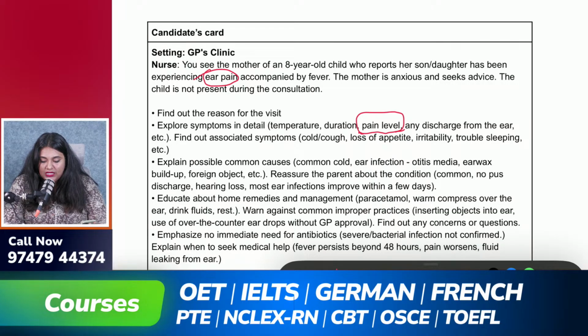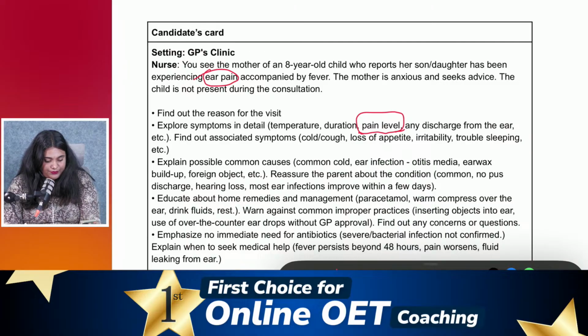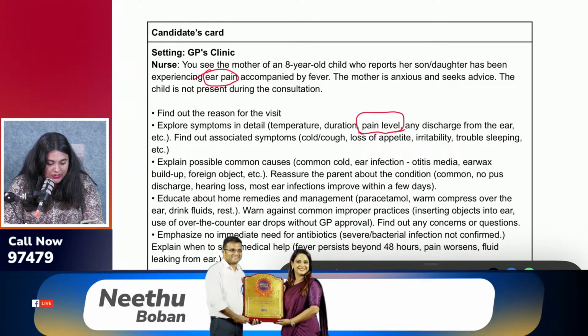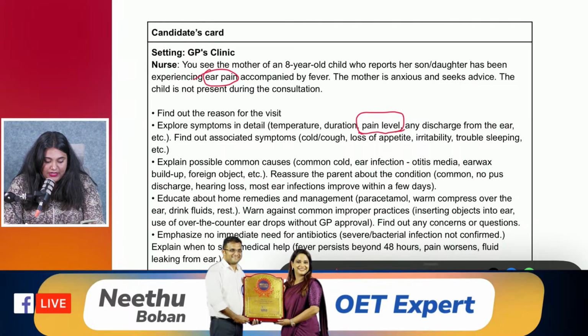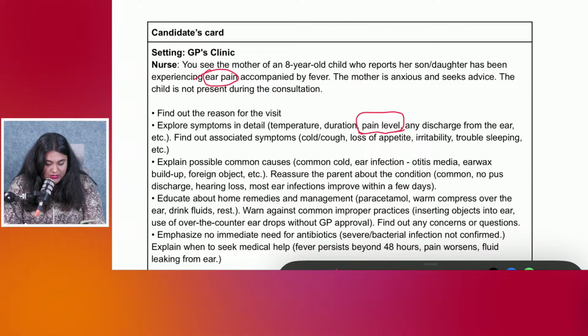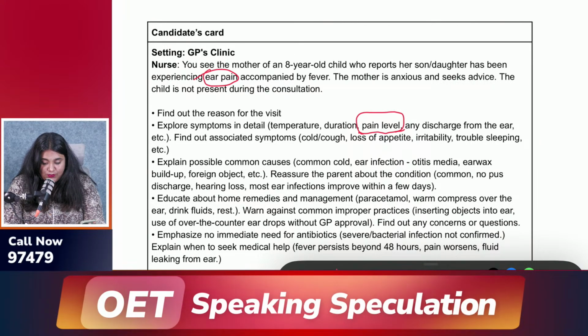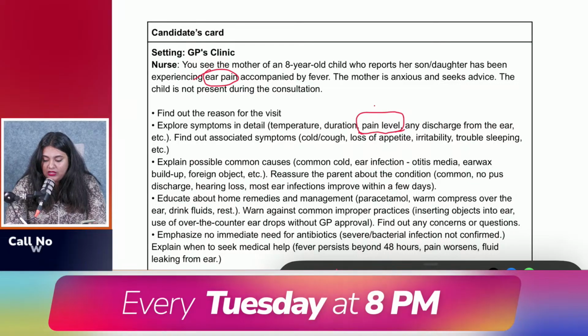Yes, how would you ask this point? How do you ask about pain level? Let me know, please. It is ear pain. How would you frame a question there? How would you draft it? Suma has asked a question for the next point, discharge from the ears. Have you noticed any discharges from his ear? Okay, that's absolutely correct, but I need this portion.